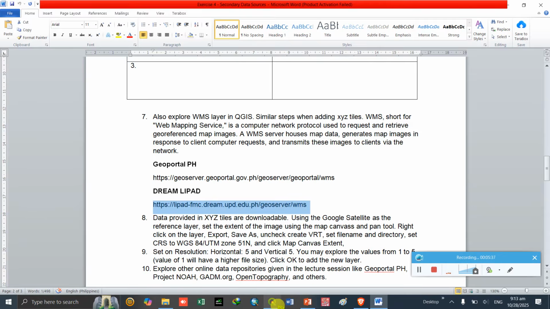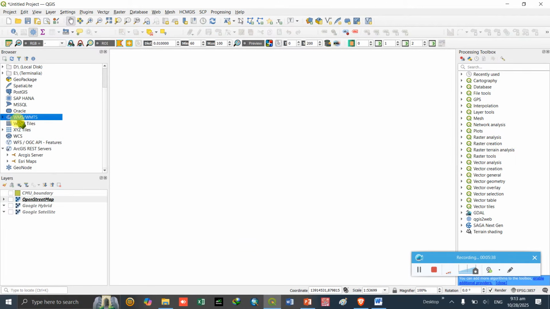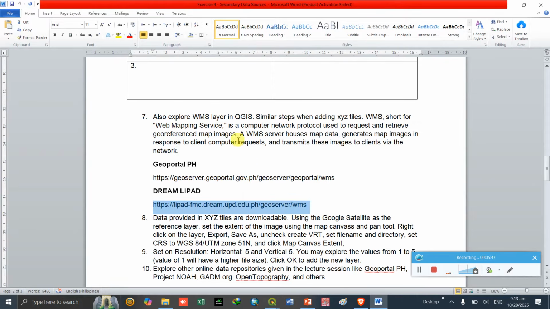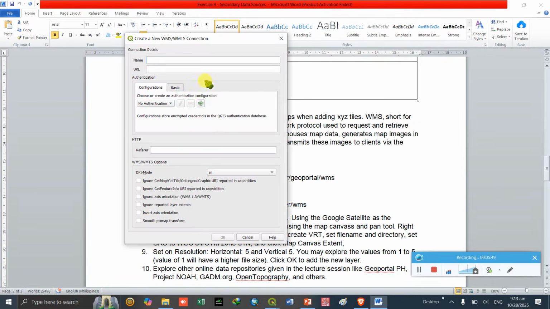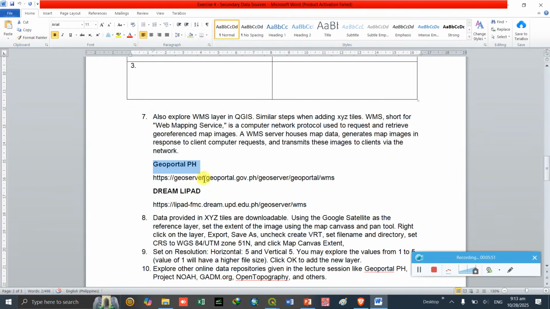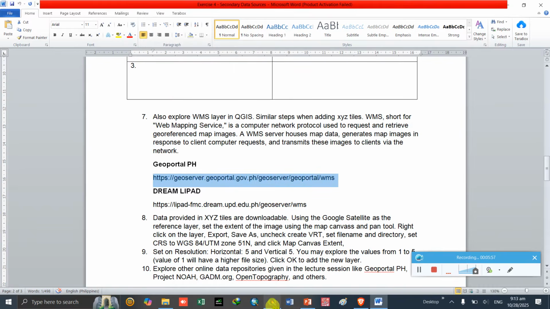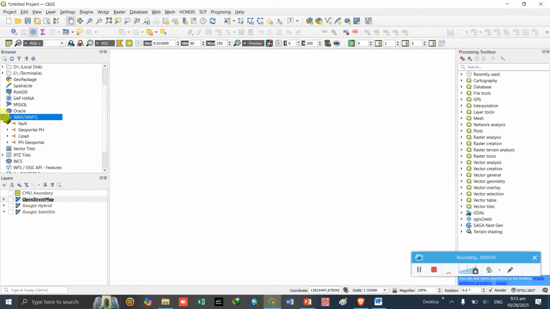To add this link, we need to proceed to WMS, and then new connection, name, same process, name it Portal PH, and then paste the link, then click OK. The newly added WMS connection will be shown.